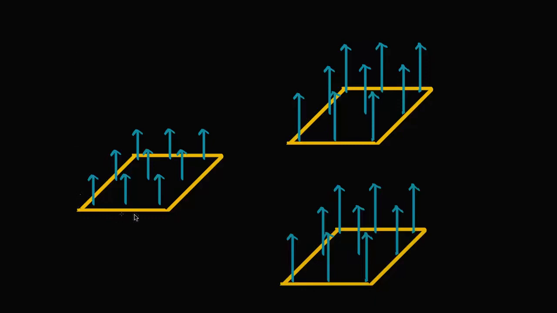So right over here, I've depicted a square loop of a conductor. Let's say it's a wire, and it's stationary, and it's sitting in a magnetic field. And I've drawn a few vectors that represent the magnetic field. And you can see, at least on the surface that is contoured by the wire, that the